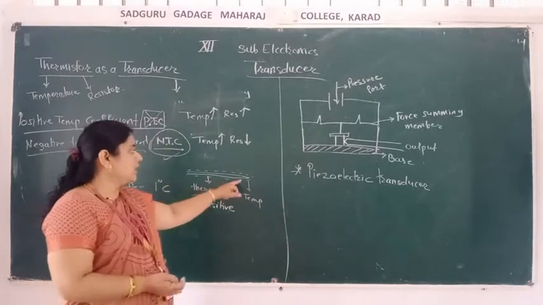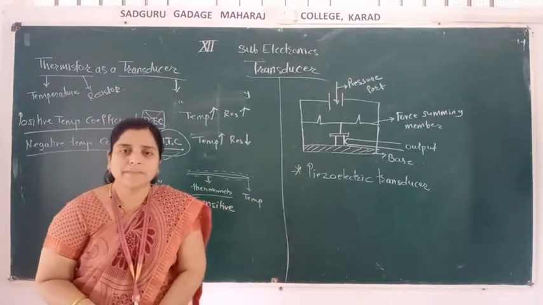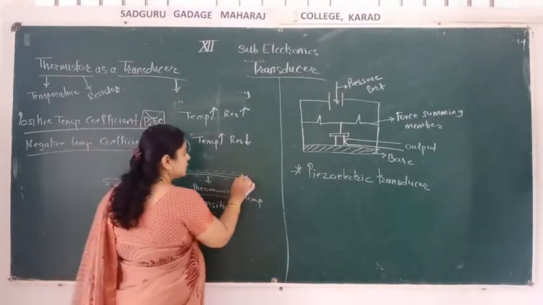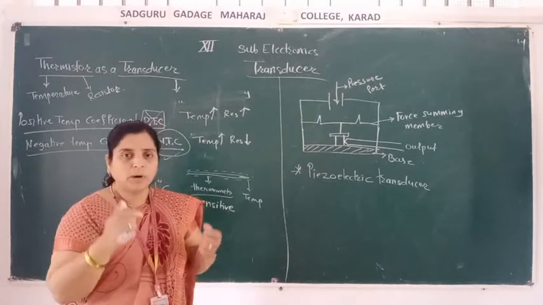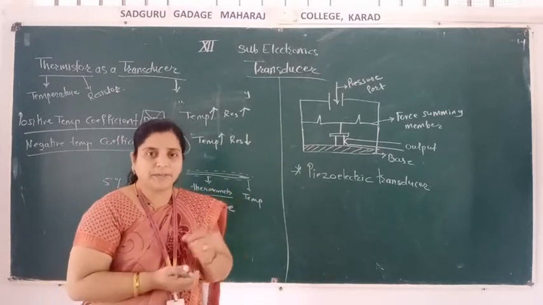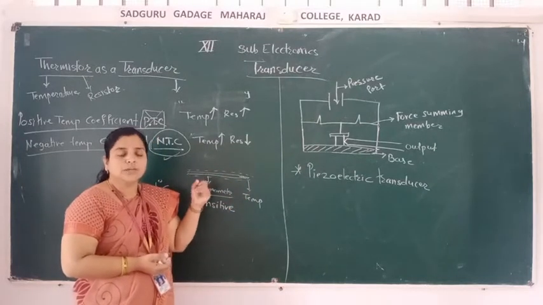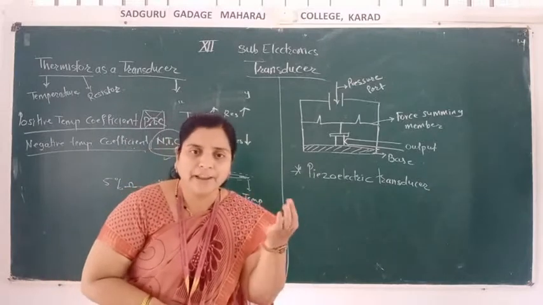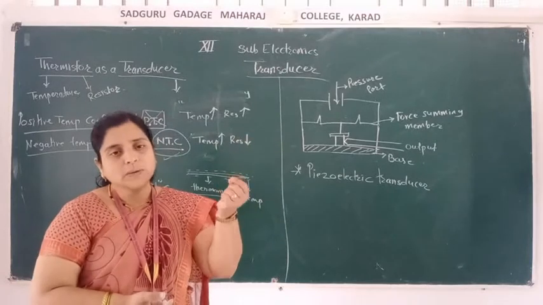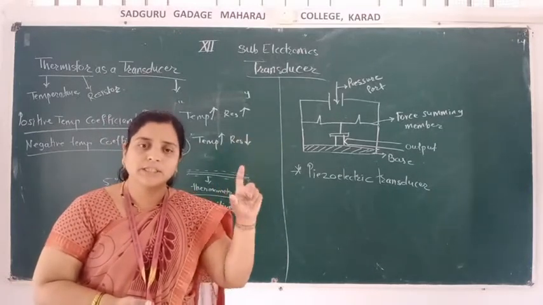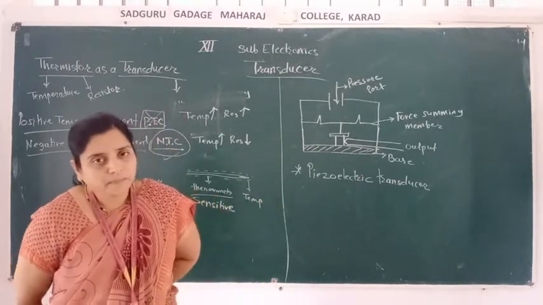So that is the thermometer that we all know, which we use to measure temperature. This is the front point that we keep where we want to measure the temperature. You can keep it in the mouth for measuring body temperature also. When temperature is given, its resistance changes. It is very sensitive, so it happens in a fraction of a second. When temperature increases by at least 1 degree, there is a 5% change in the resistance of the thermistor.